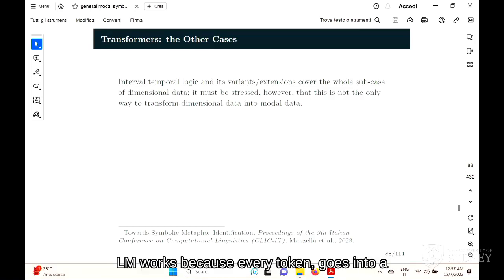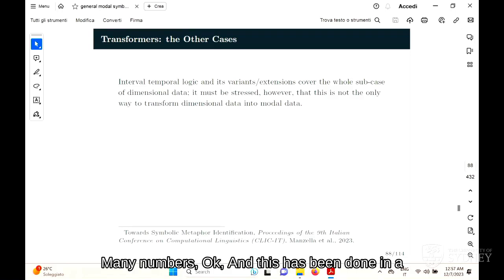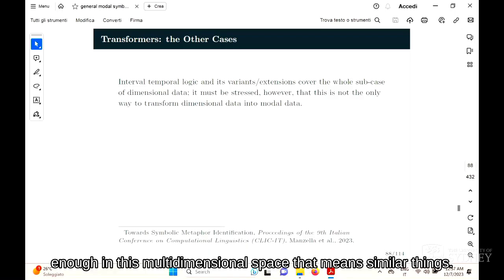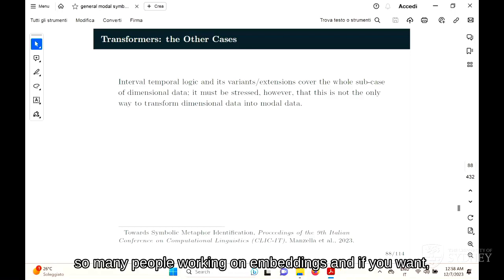LLMs work because every token goes into a multidimensional space of many dimensions, many numbers, okay? And this has been done in a statistical way so that it has some properties, such that two points close enough in this multidimensional space mean similar things, okay? It's a semantic embedding, right? You didn't know that, okay? But the point is that there are so many people working on embeddings, and if you want, take your favorite embedding,